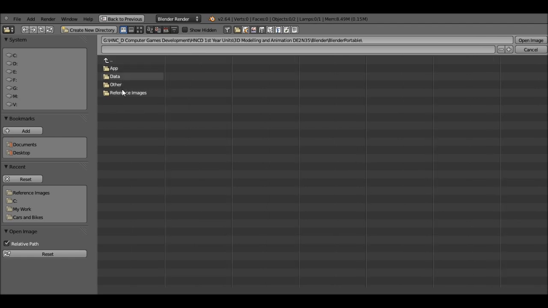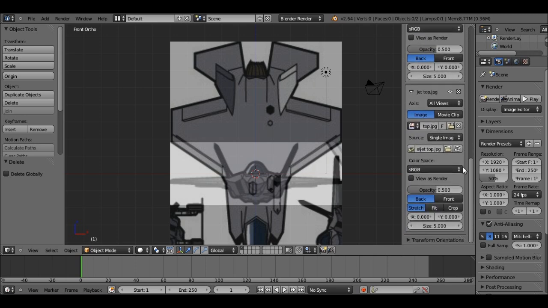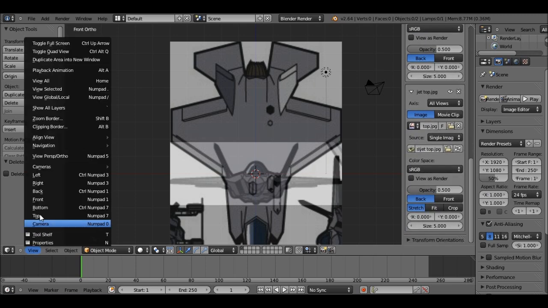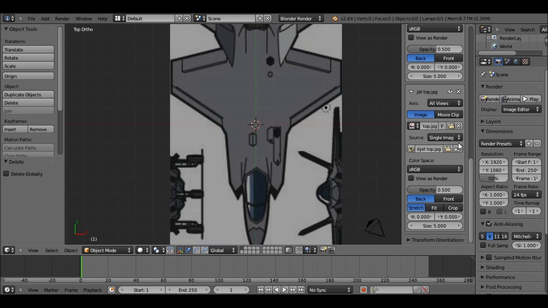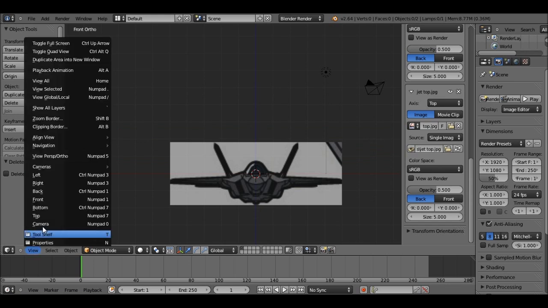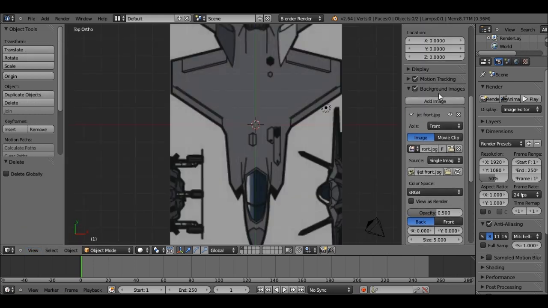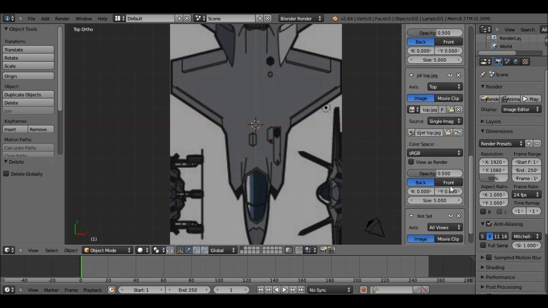It's the top, isn't it? Right, so we want to change that to top. So if we now go to view front, we have that there, and if we go to view top, we have that there. And we're going to add one more image by clicking on an image and scroll right down,